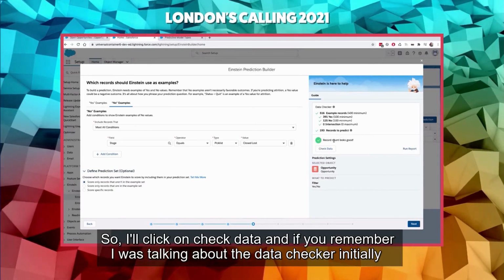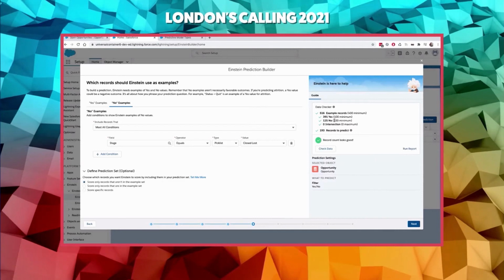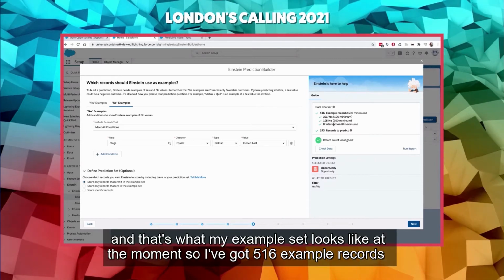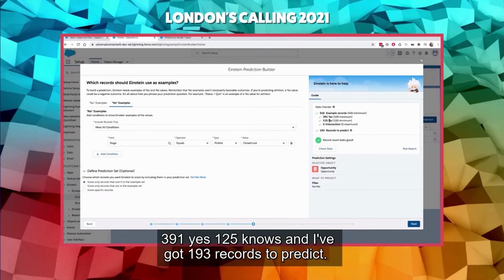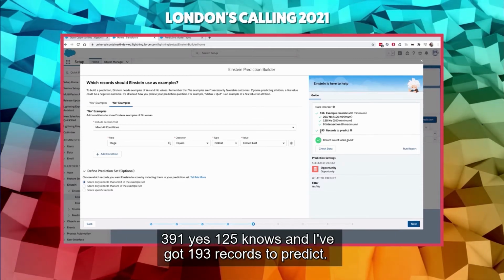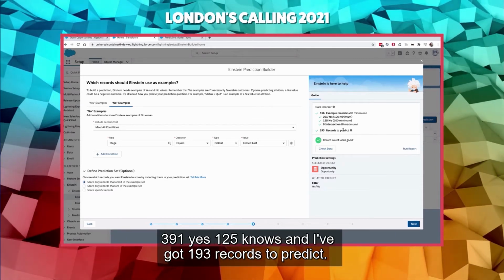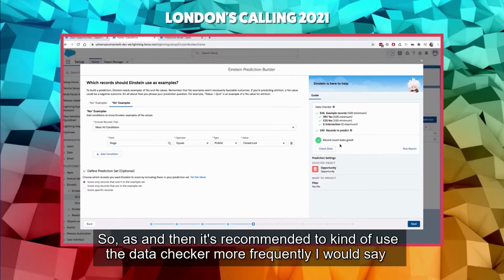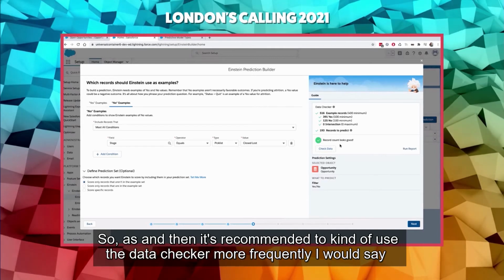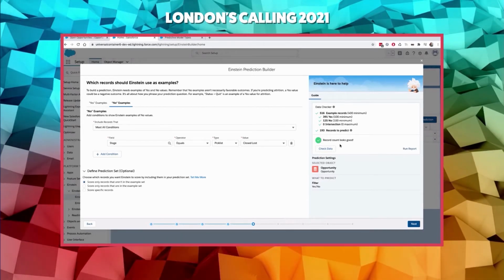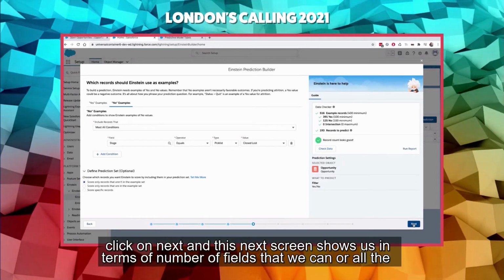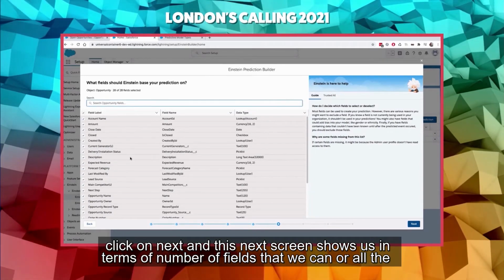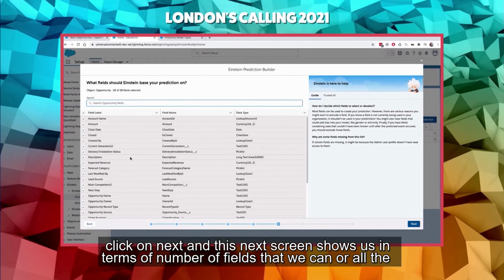And if you remember, I was talking about the data checker initially, and that's what my example set looks like at the moment. So I've got 516 example records, 391 yes, 125 no's, and I've got 193 records to predict. It's recommended to use the data checker more frequently, I would say. Click on next, and this next screen shows us